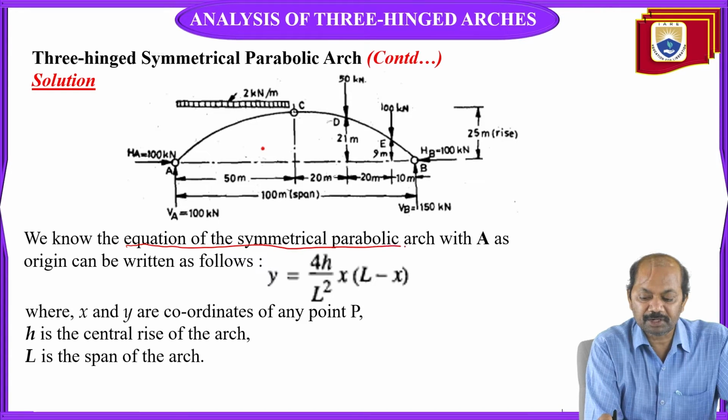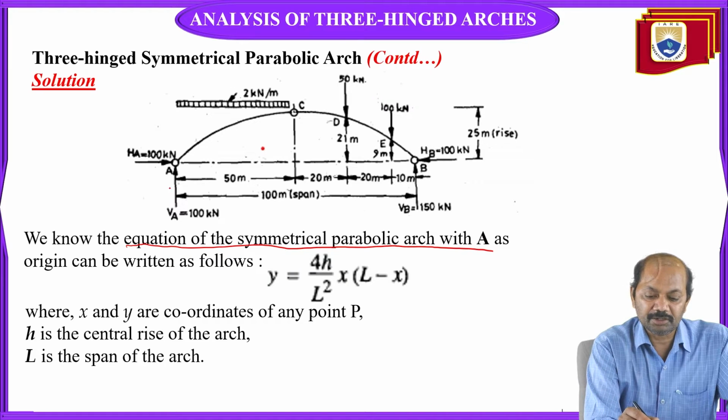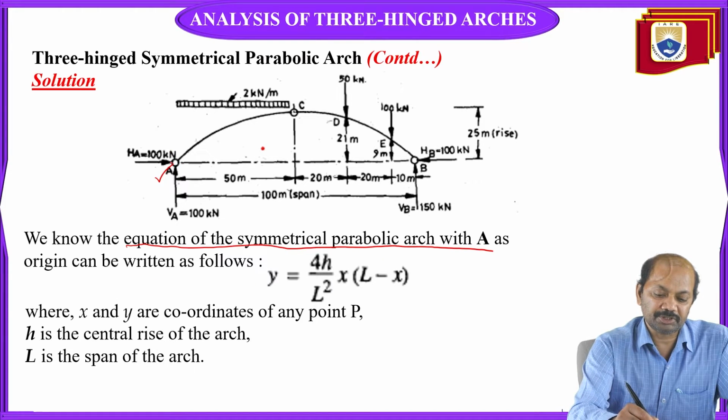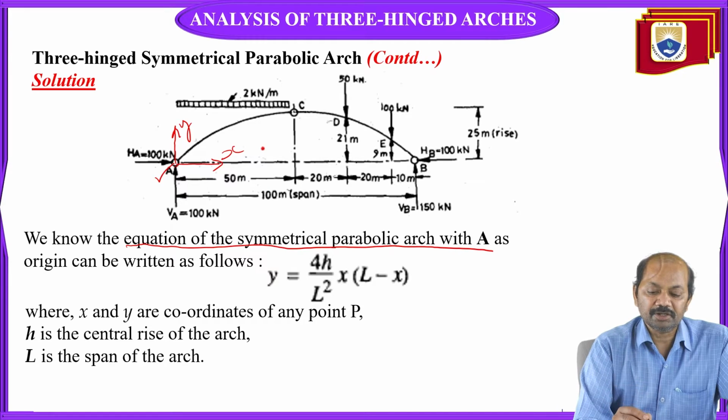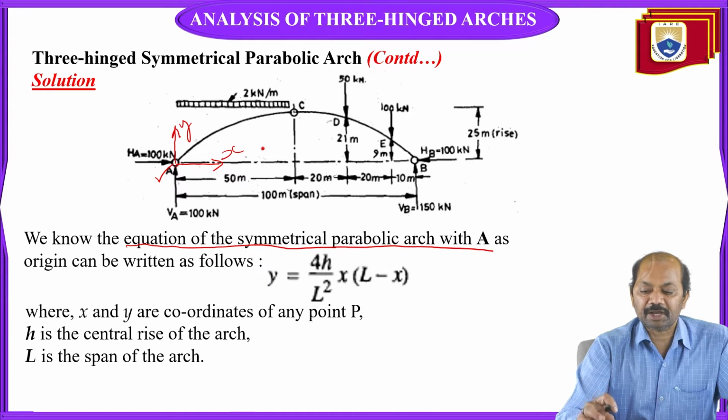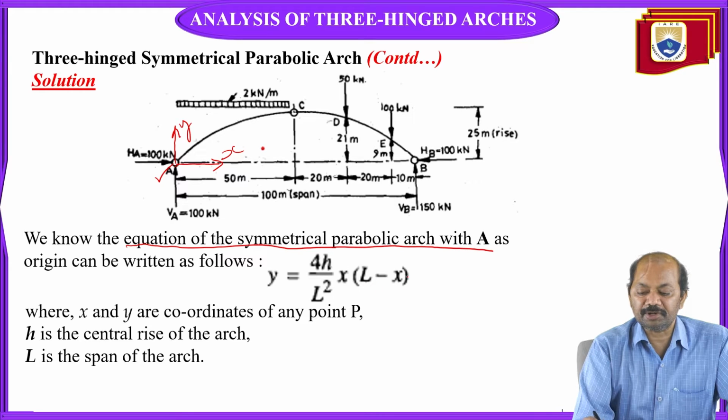Equation of symmetrical parabolic arch with A as origin can be written as follows. Suppose we assume this as origin, this is the y direction and this is the x direction, then the equation of the symmetric parabolic arch can be written as y is equal to 4h by L square x into L minus x, where h is the